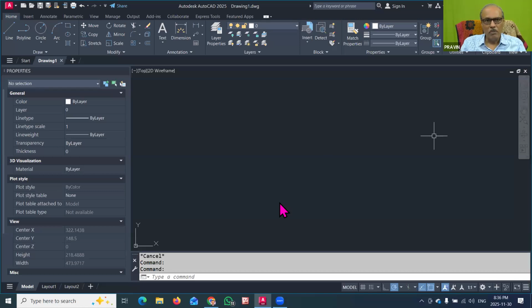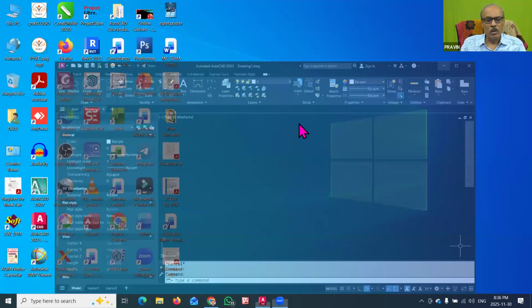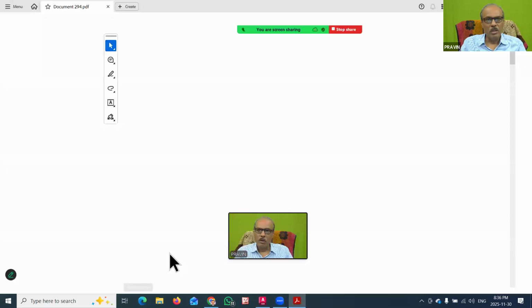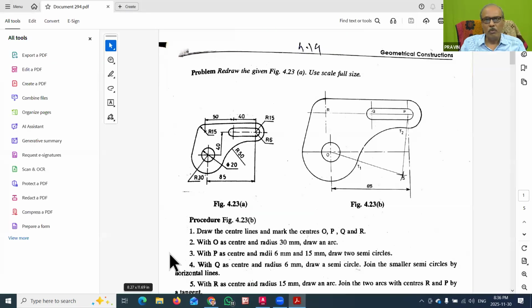Now I am opening that PDF where there are various drawings, which we have to create today on our AutoCAD screen. That file is on my desktop and it is about the construction of various drawings with basic skills.